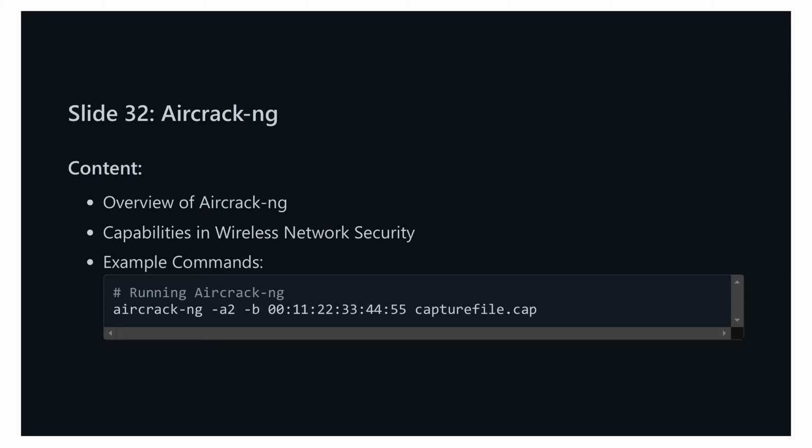Here's an example command to get you started. Bash: aircrack-ng -a2 -b target_BSSID capturefile.cap. In this command, -a2 specifies the WPA2 protocol, -b denotes the target BSSID, and capturefile.cap is the file where the captured packets are stored. By running this command, AirCrack-NG will attempt to crack the WPA2 key, illustrating the importance of strong, complex passwords for